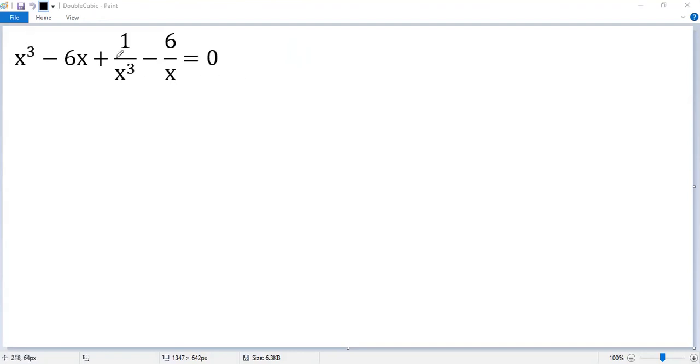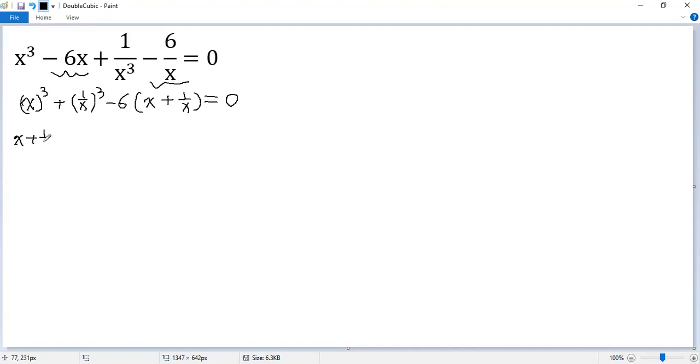Let's combine the first and the third term and write as x cubed plus 1 over x cubed. For the remaining two terms, I take the common factor -6 out. So we get x plus 1 over x equals 0. Now for the first two terms, we use the sum of cubics formula: a cubed plus b cubed equals a plus b